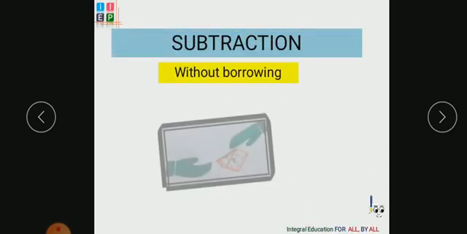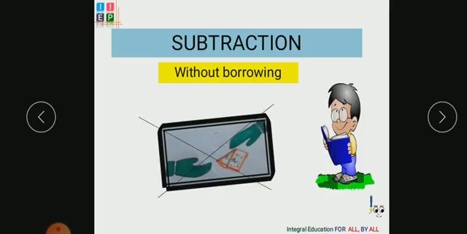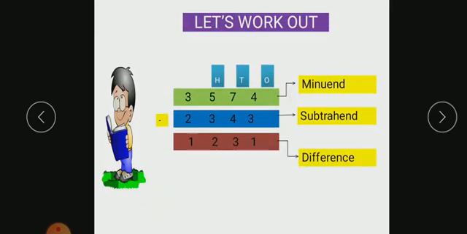Now, let us see subtraction without borrow. See here, I have taken the 4-digit place values, that is 1000, 100, 10 and unit. This is an example I take: 3574 minus, this is the symbol of subtraction, 2343. Here we have to subtract. While subtracting, you have to always go from the ones place. While doing addition or subtraction, we have to start from the ones place.